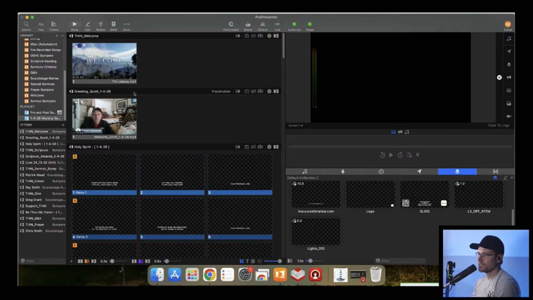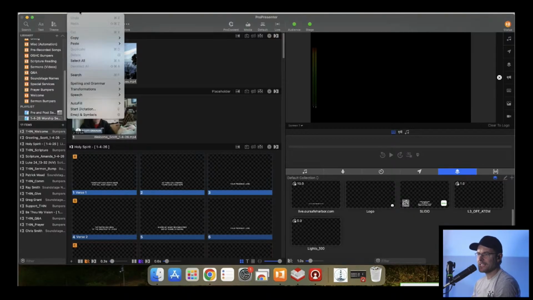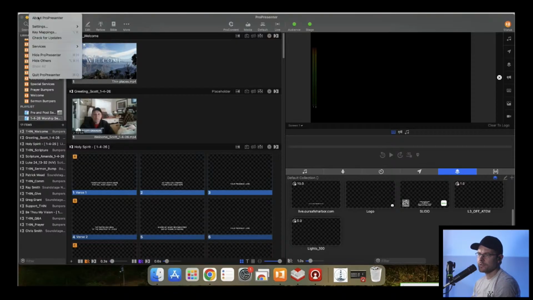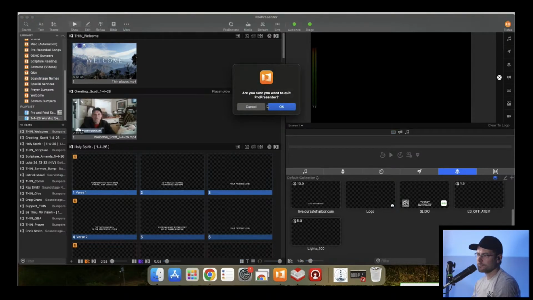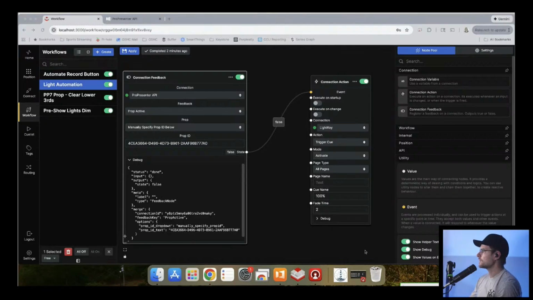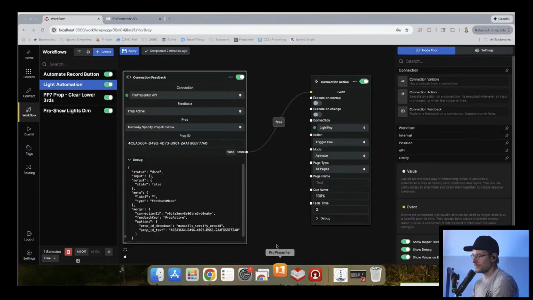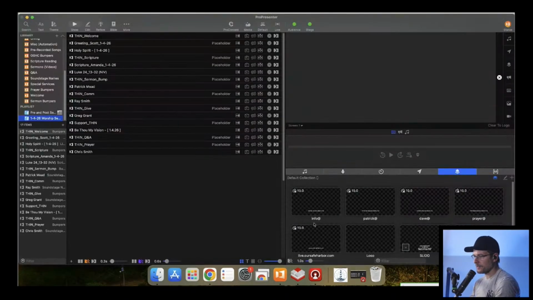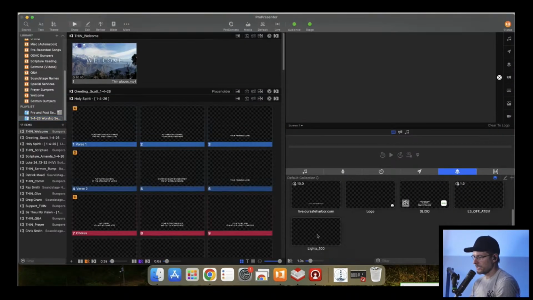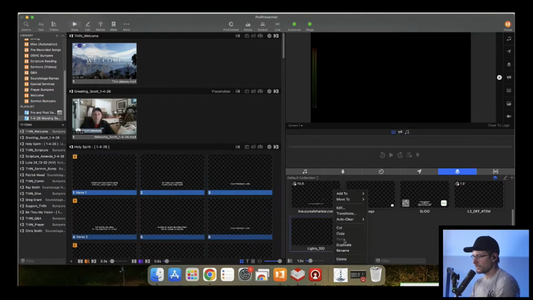It's not saving it, which I think is probably my issue. Let's go to 5, and then let's... I don't know how to save. There's no save option here. Quit here, I guess. Yes, I want to quit ProPresenter. So that's an interesting problem. It's almost like a glitch because there isn't a save button. But if we reopen and we look at our props, no time. So I think that's what's going on here.